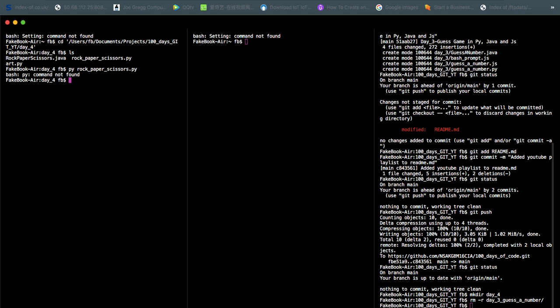Rock paper scissors. Okay, py is not fun. I think I haven't really done that. What if we say py -m, rock paper? Not fun. The same stuff. But I have run it like py before. I think if anybody remembers how we do it with just py, put it in the comments so that we can learn that too, because I remember doing that with py before. I just forgot how exactly to set it up.